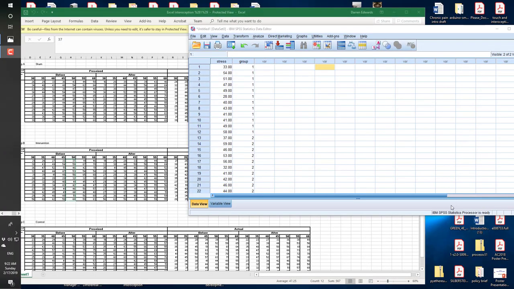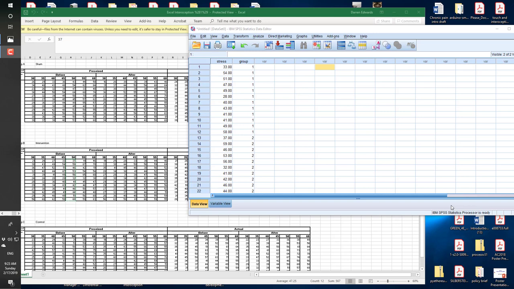Okay guys, so this is a video in relation to how to perform a t-test. This is an independence between groups design t-test. I'm going to show you how to do a histogram, how to check for normality using the Shapiro-Wilks test, which will inform you in terms of whether you need to do a parametric, which is the between groups t-test, or